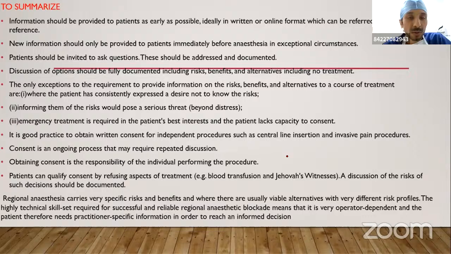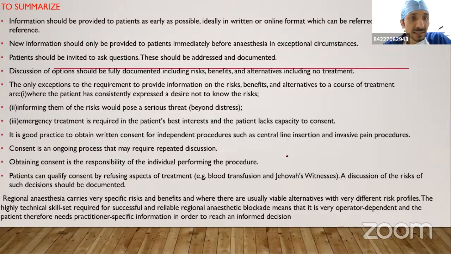New information should only be provided to patients immediately before anesthesia in exceptional circumstances. Patients should be invited to ask questions, and these should be addressed and documented. Discussion of options should be fully documented, including that of risks, benefits, and alternatives, including no treatment. The only exception to providing information is when the patient has consistently expressed a desire not to know the risk,